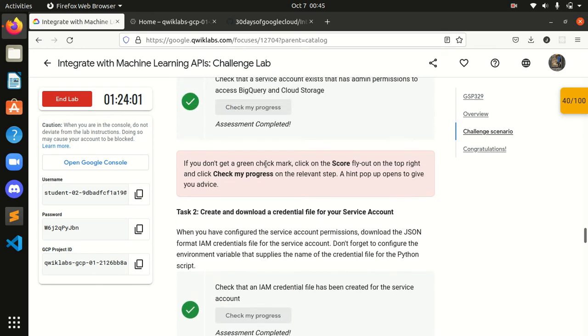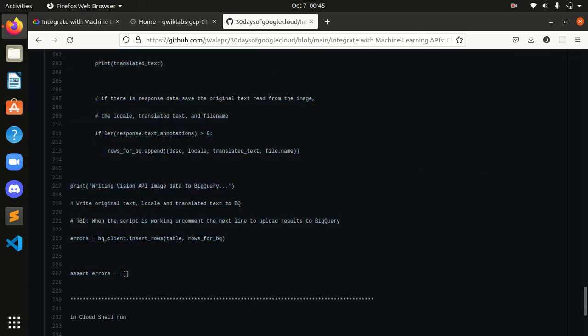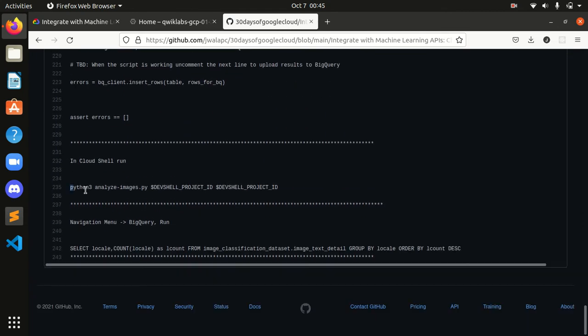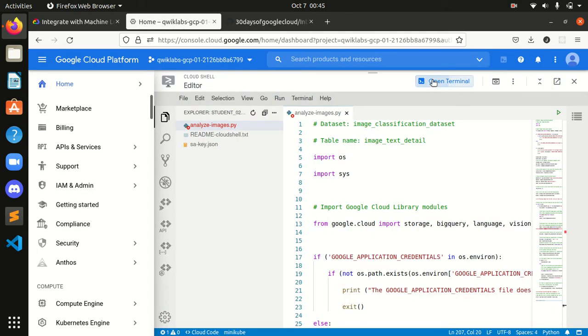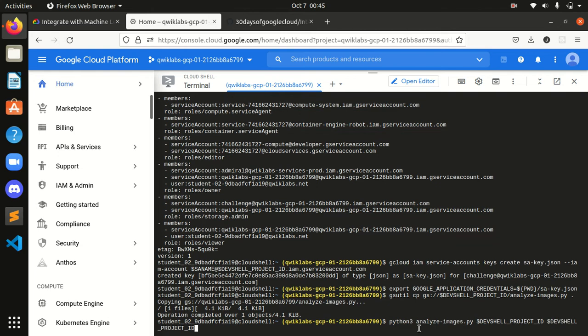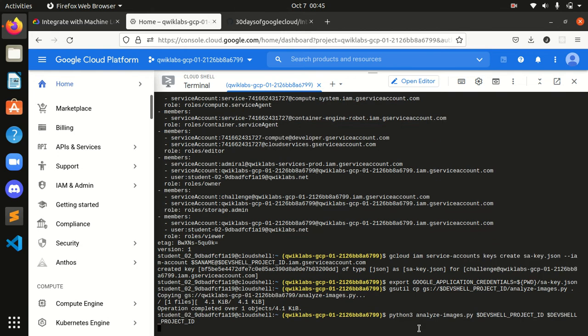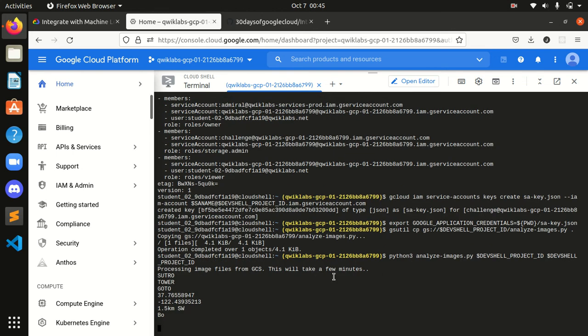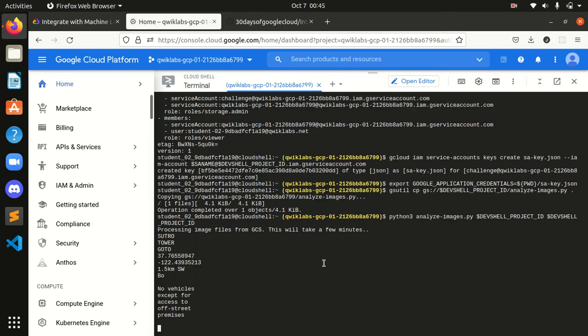Okay, let's move forward and see. In Cloud Shell we have to run this command. I will copy this, open the terminal, paste this command and press enter. Okay, it's going on, guys. It said that it will take a few minutes for this task to complete. Let's wait for some time.